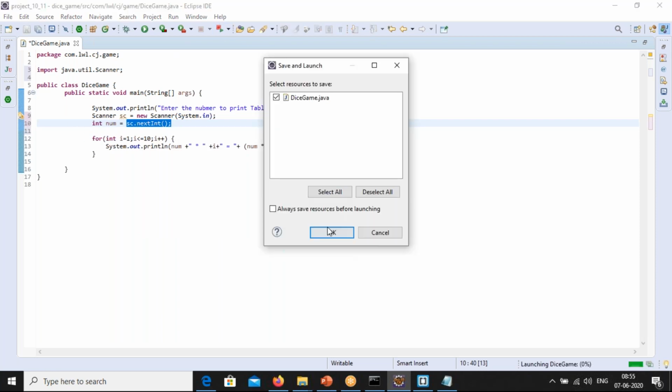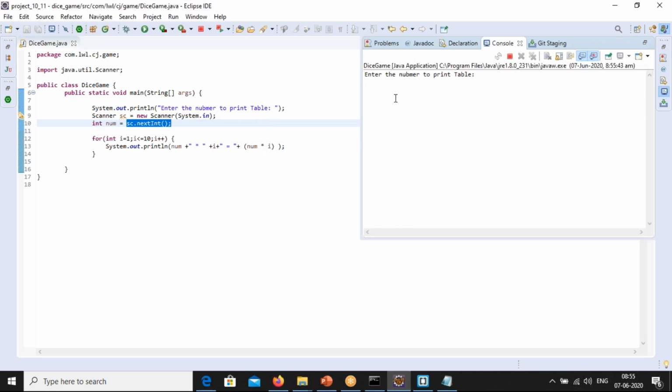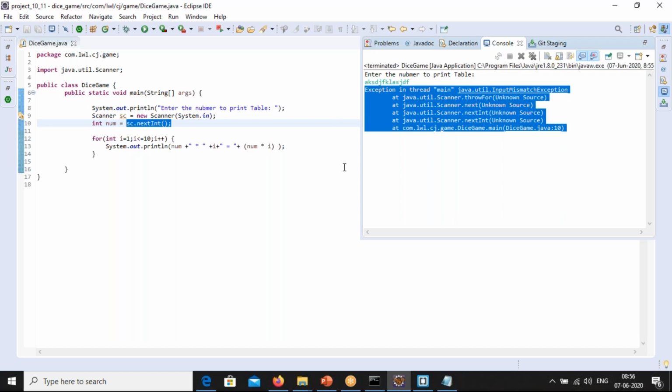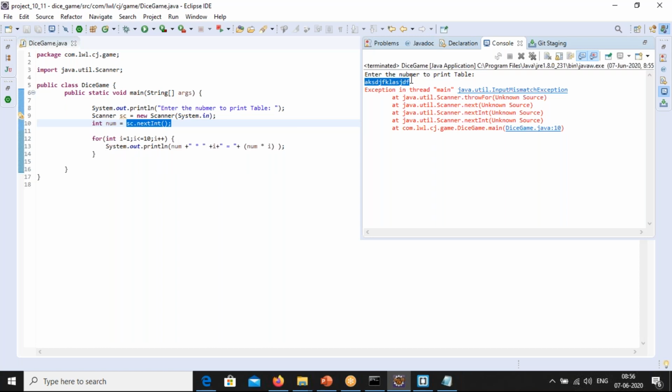Okay, now I'm going to run it. It is asking to enter the number. Instead of a number, I enter something else, and it is going to fail. You are asking for a number, but whatever I key in doesn't have a number. This we call an exception. An exception is an unexpected event which disrupts the normal flow of execution. We were supposed to give a number, but we gave text, which I didn't anticipate, and which is going to fail.